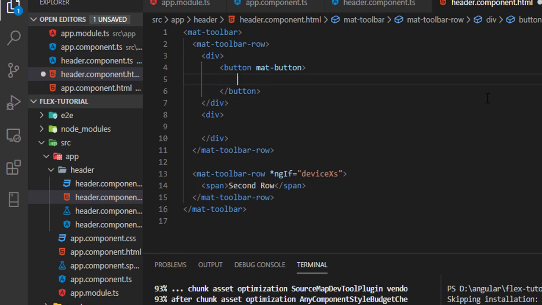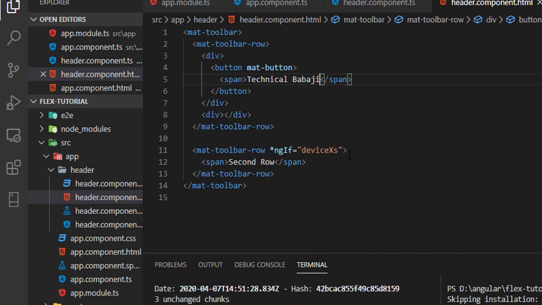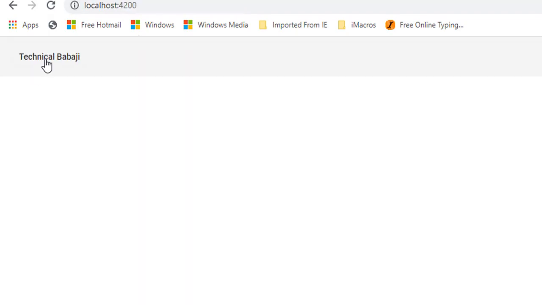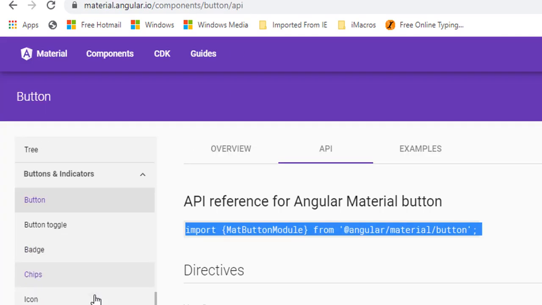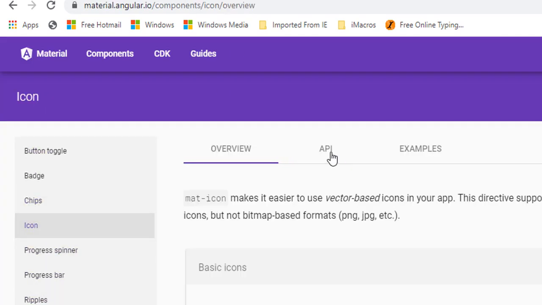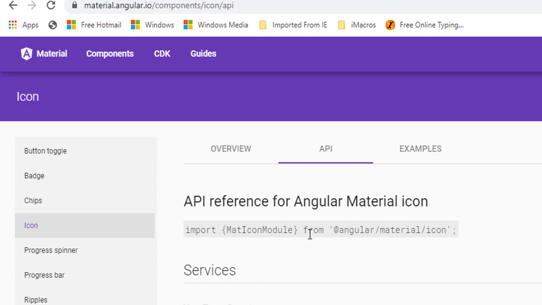Inside this button, I need 2 things. First, icon and second, text. As of now, I'm just inserting text inside a span tag: technical Babaji. Now save this and let's see in the browser. So here you can see it's coming. Now I need an icon, a home icon. For that we need to add the icon module in our project.